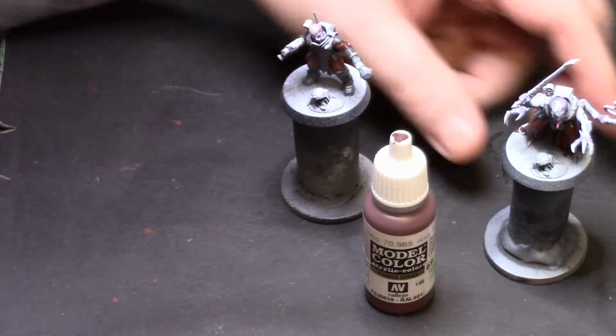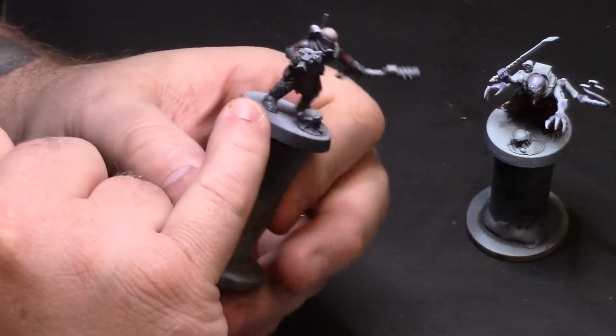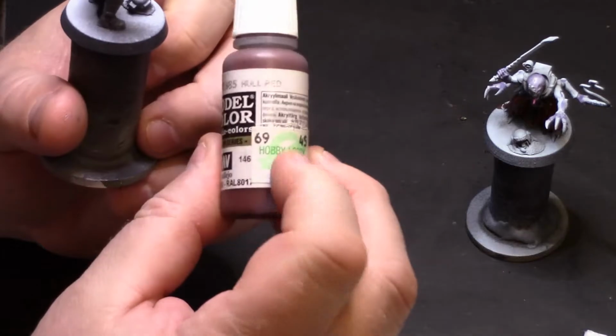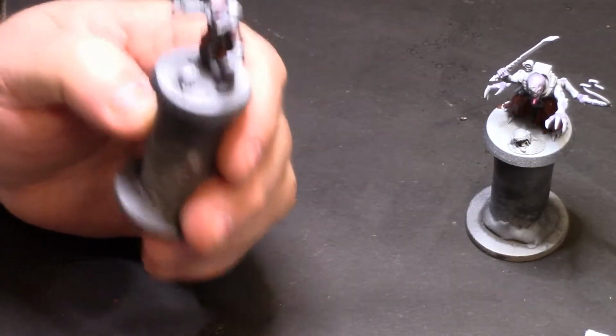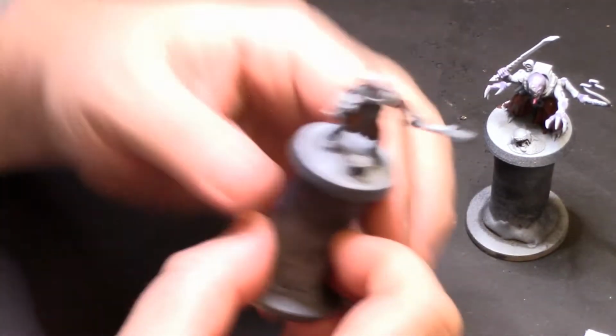Okay, so I'm getting ready to apply the wash on this guy. I went ahead and painted the jacket on this guy. I went ahead and based it in whole red. Now it'll get a couple of highlights and a wash, so that it will end up looking more like that, and I'll demonstrate that